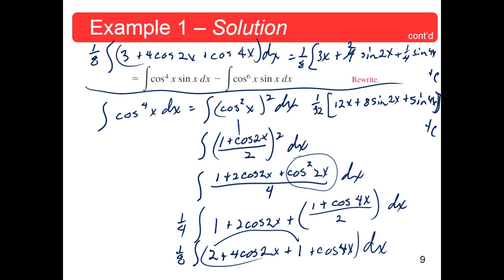I think both of those give the same answer. Let me check again and make sure. Yeah. Sine 2x over 4 and sine 4x over 32 plus c. Now,